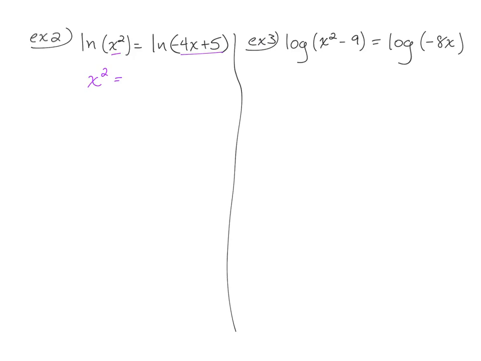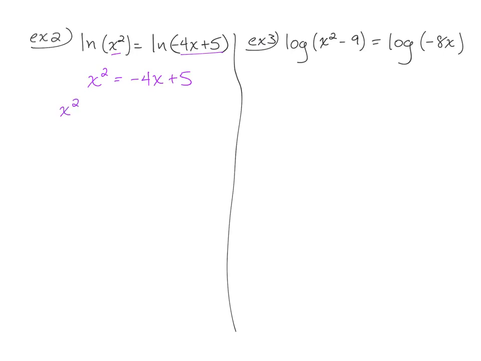So x squared equals negative 4x plus 5. So this one is a little bit different because when we set the arguments equal to each other, we ended up with a quadratic equation. Last slide, it was linear. Linear is pretty simple, but this one, we're probably going to have to get that equal 0 and see what happens here. So we have x squared